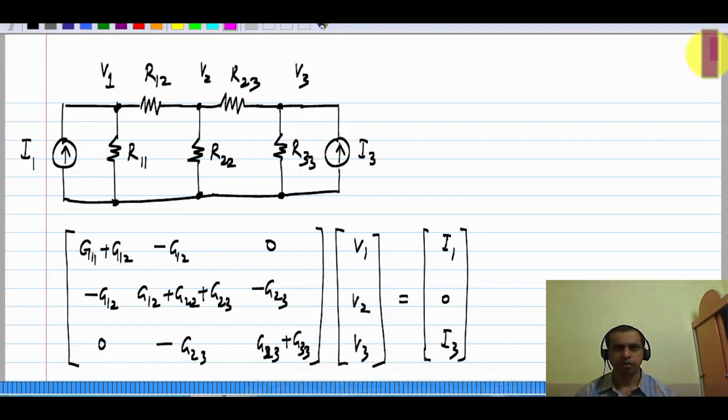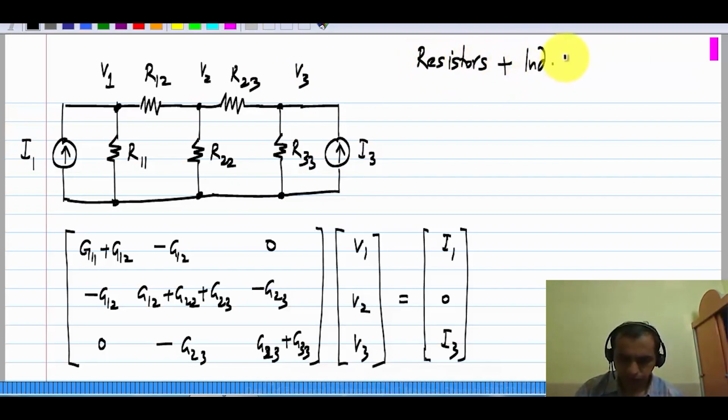Okay, the first case we took was the simplest one for nodal analysis. This was when we had only resistors and independent current sources in the circuit. Here I have the circuit we studied earlier. Now in this case, when we have only resistors and independent current sources,